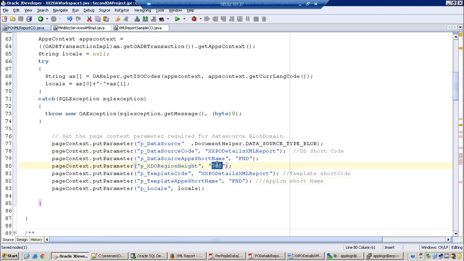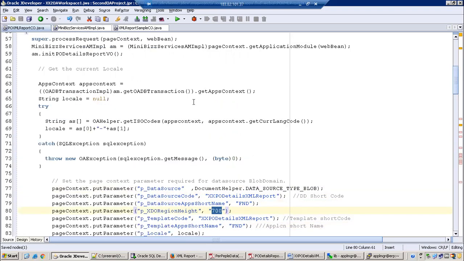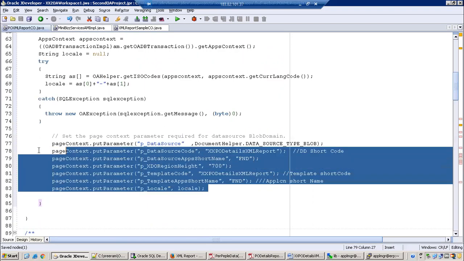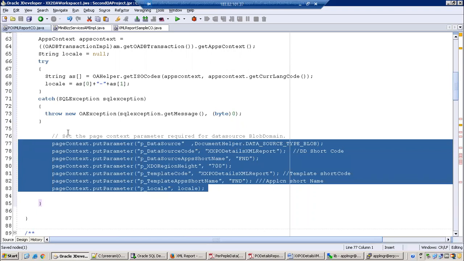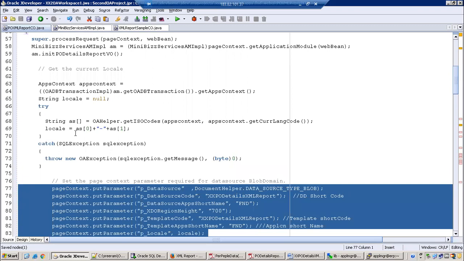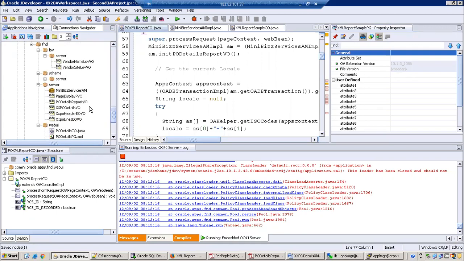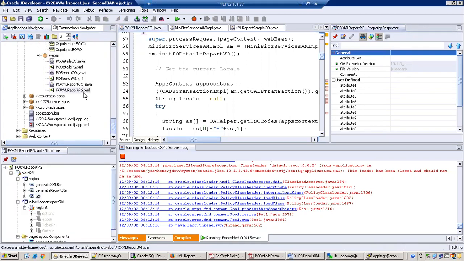Yeah, we'll understand once we see the output. And what are we doing here? We are again reloading the page and getting the appropriate template. If you have a template with a different language and so on, we need to get them appropriately. Okay. After that, just put all the session content variables here. And after that, the standard region will be called and it will print the output. It seems a little bit tricky, but let's see the output once, and if it does not work, we'll look at it again.